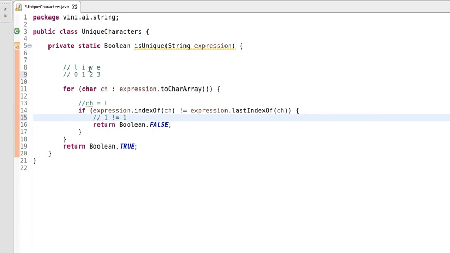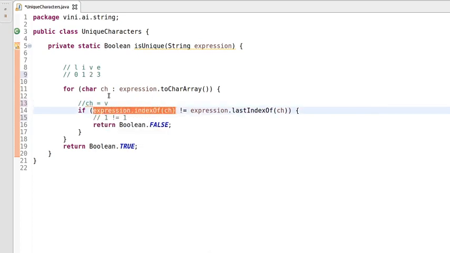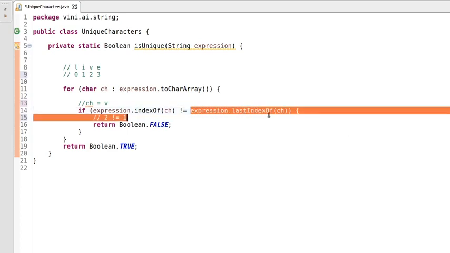Now our pointer is pointing to V, and ch is containing character V. We get the index of this V character, that is 2, and asking the string expression for the last index of V, this is also returning 2.